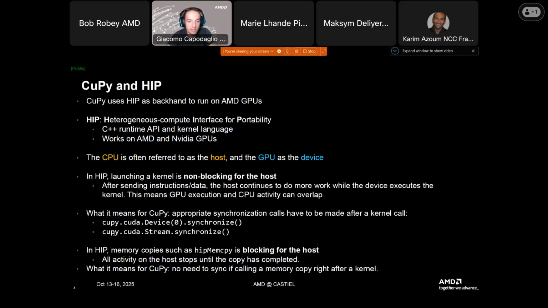So it's an easier stop. It's a stop that has fewer constraints than the one where you stop everything with the device synchronize. It's also important to mention that in HIP, memory copies are blocking for the host. So if you do a memory copy, say from host to device or vice versa, then that already is a